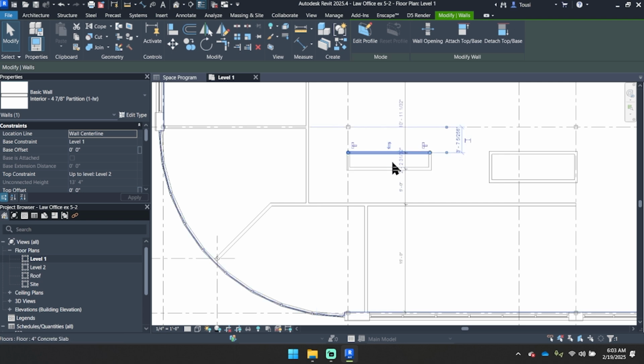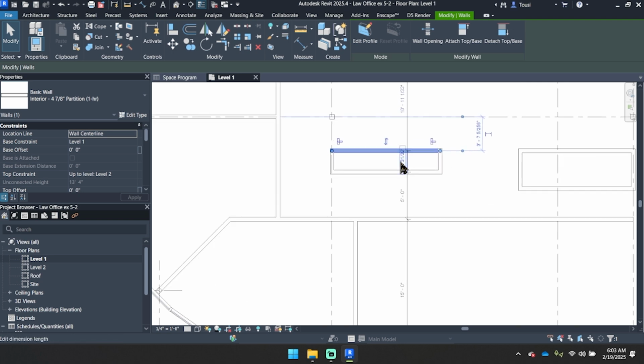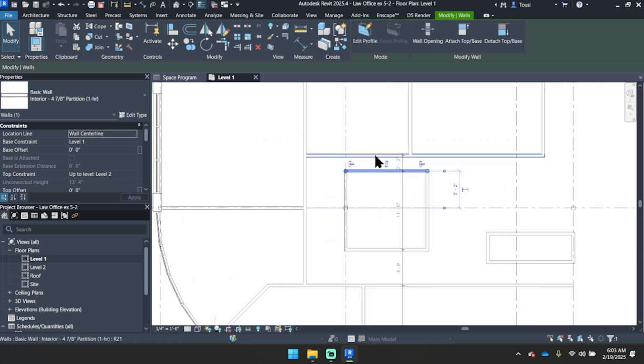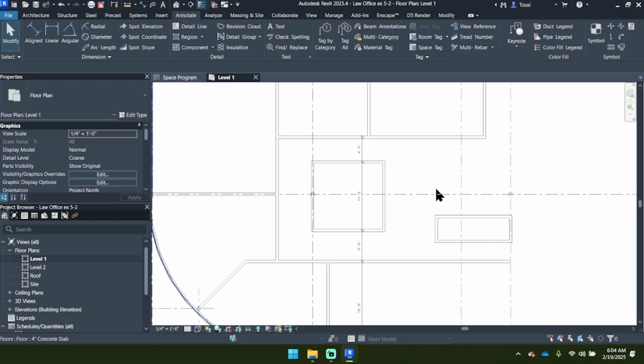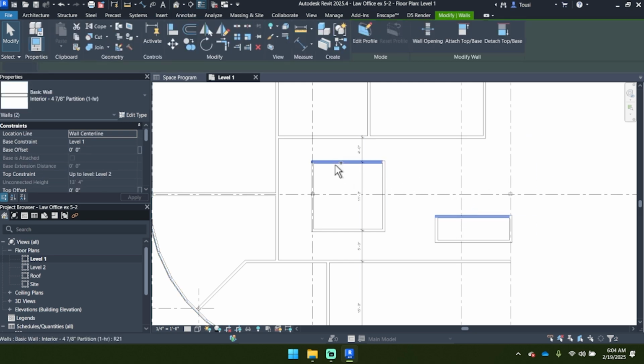Continuing up to the next horizontal wall, selecting it, selecting the dimension, and setting it to 11 feet. And then finally ending on the upper horizontal wall, which is actually 4 feet away. Now we can add in our other dimensions, but I do know that these walls here and here are supposed